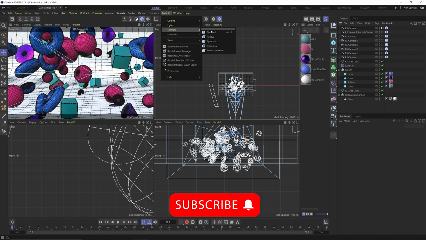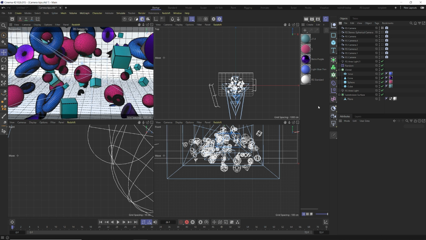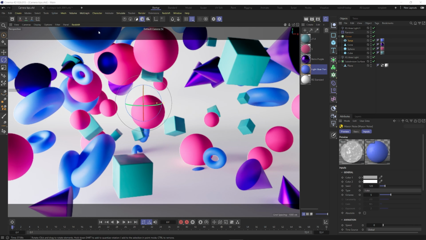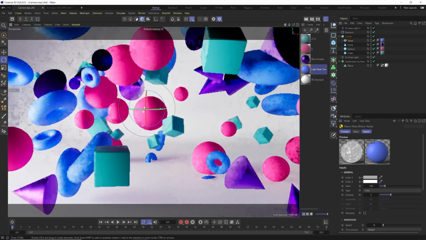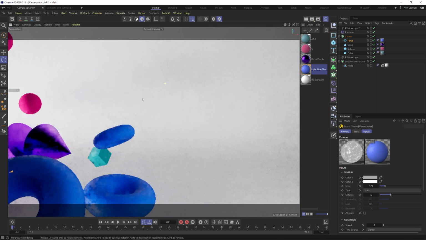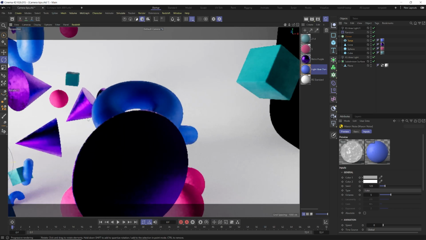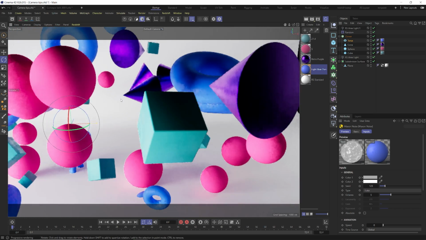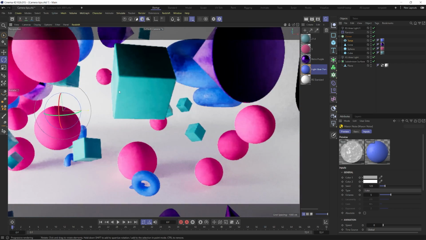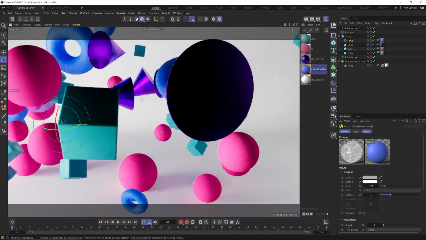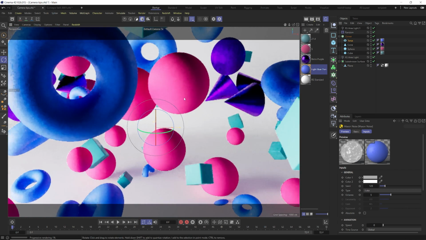Okay, so we're going to talk about the standard camera first. So let's get into it. We're using the real-time renderer right now. So it's pretty cool that we get this real-time feedback. I've used it a little bit more than normal lately, but the cool thing is this actually works really well to preview depth of field. Now there are some limitations of it that the IPR does not have,